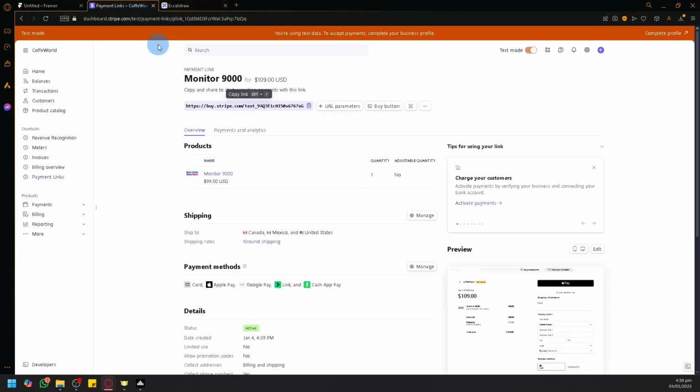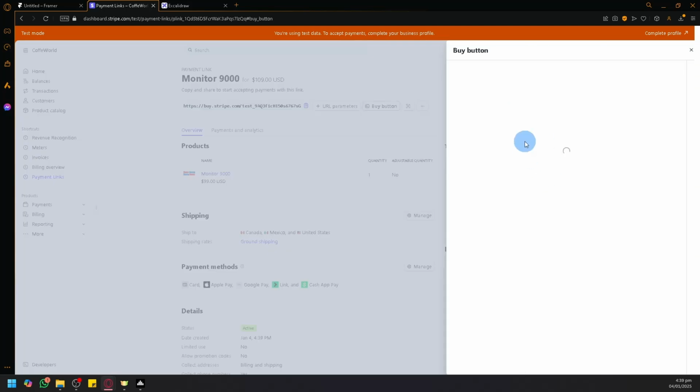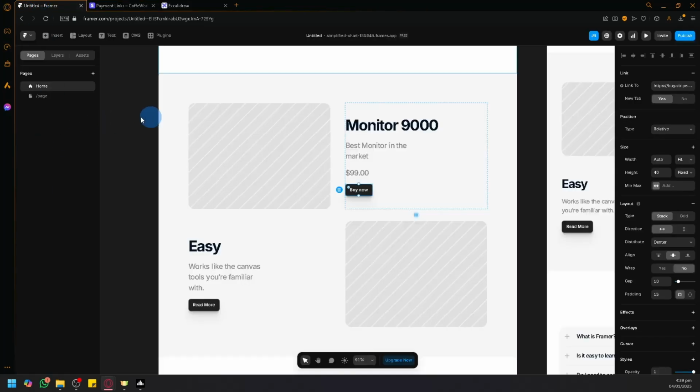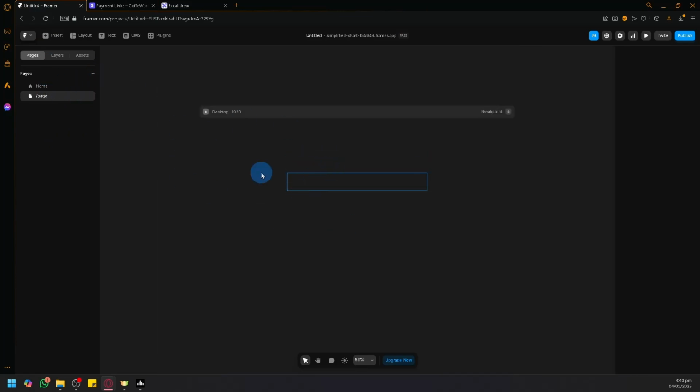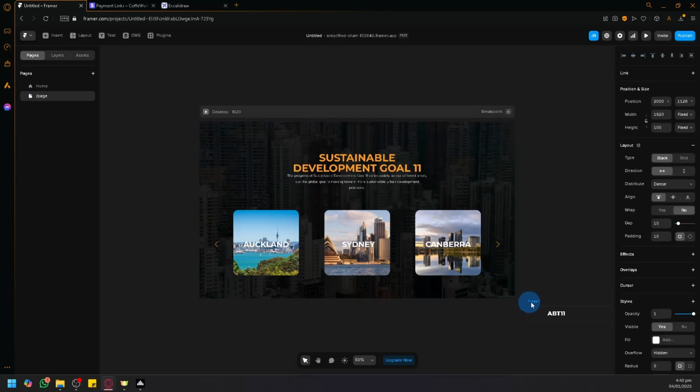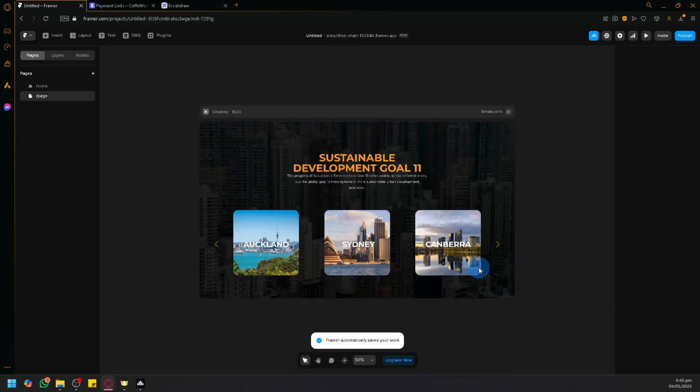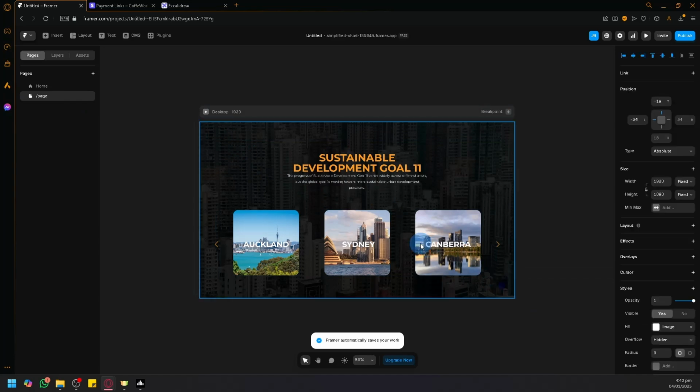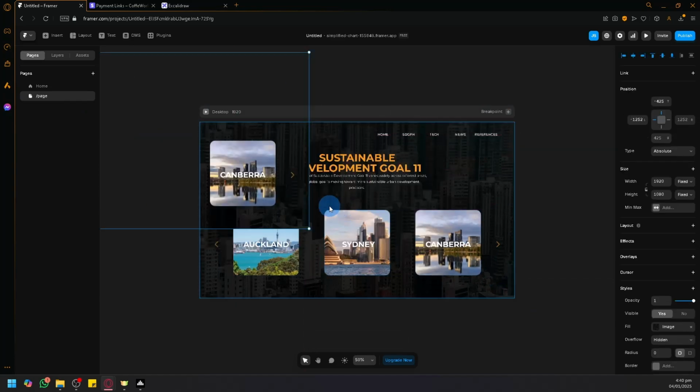Now, in Stripe, you also have the option to actually input or add it into your page. So you could now create an individual product page if you prefer. So if you have another page over here, for example, this one, and the contents of this page, let me clean this up for now. The contents of this page is the product. What we could do is actually we could